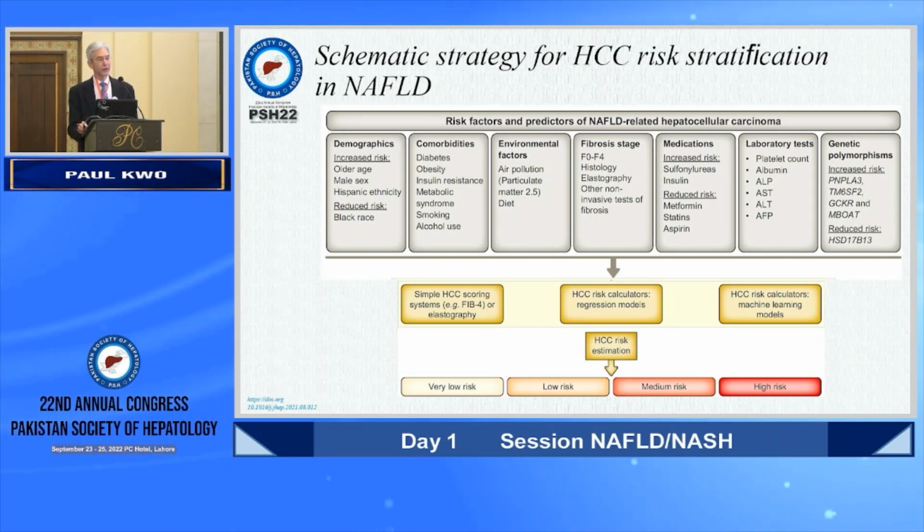We're also probably going to be looking at some of these polymorphisms as well. And as I said, PNPLA3, amongst others, are going to become more widely available and will help us risk stratify these individuals. But NASH is a complicated disease. For instance, for hepatitis B, we have a variety of risk calculators. There are so many factors associated with the hepatocellular injury in NASH that my opinion is we're probably going to need machine learning models to help us really get at